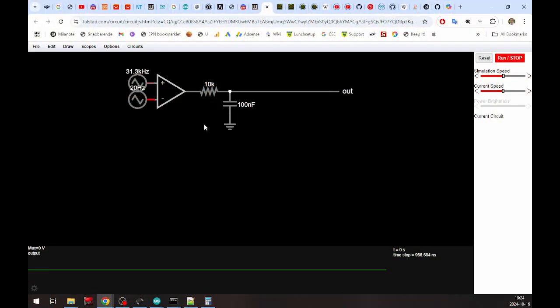Let's start by explaining what an RC low-pass filter is. RC stands for resistor capacitor, and this is an RC filter. It is a resistor in line with the signal and a capacitor down to ground. If we were to switch places on these, just to get that out of the way,